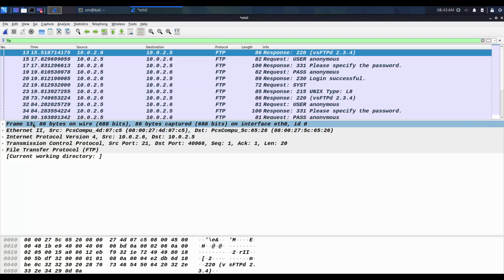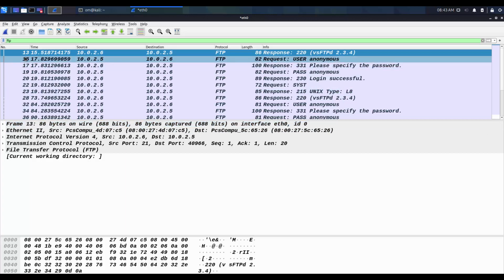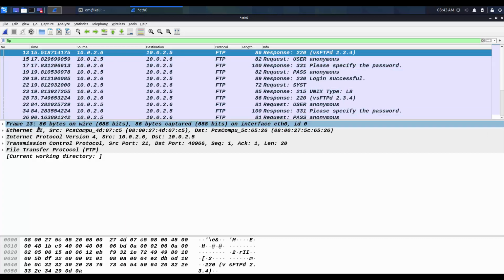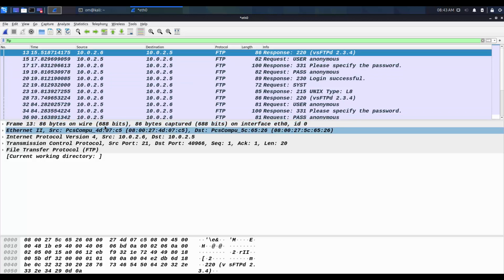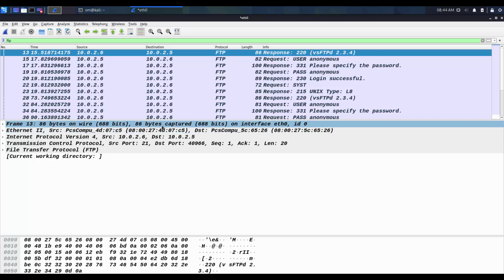It says frame number 13, 86 bytes on the wire, which means 688 bits, and it has captured all 86 of those on interface eth0. So Wireshark thinks that it is connected to a network through an Ethernet cable, which you might have seen plugged into the computer or a router,